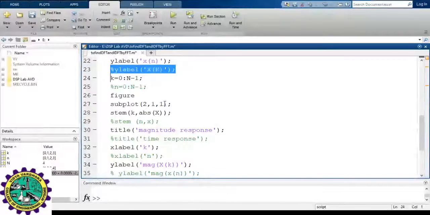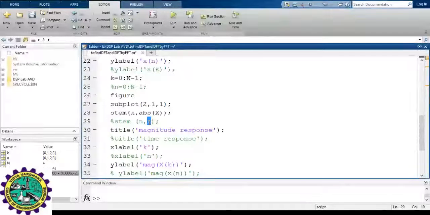Figure, subplot, because again we need to plot now. Magnitude itself is sufficient here, because now you won't get any phase. Okay, so I'll represent only the magnitude. So stem of n comma x. Even if you use this, you'll get back the same, because small x is all real numbers.